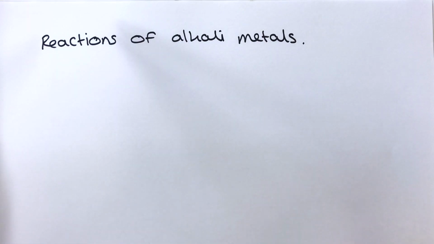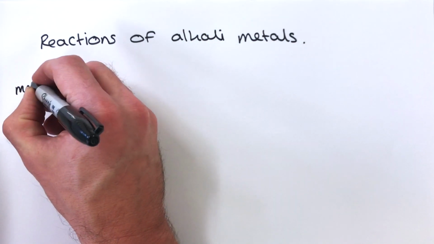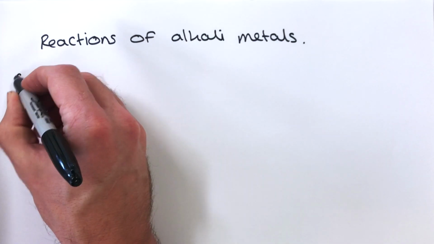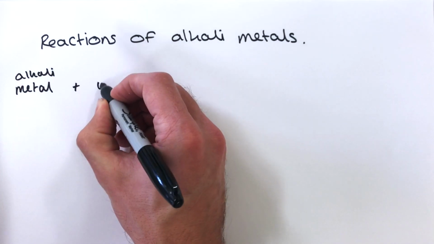Now the final thing to look at for the reactions of alkali metals is the chemical equations for their reactions with water. So first of all, what I'm going to do is draw a general word equation and then a general symbol equation, and then from that we can build any of the symbol and word equations. So the first thing that we would have is the metal that we're adding, so we've got the alkali metal, add it to water,